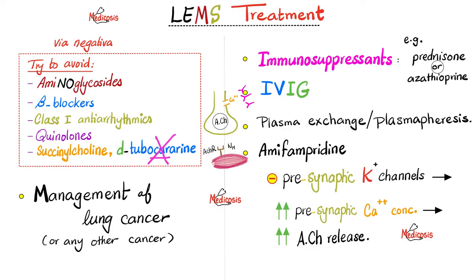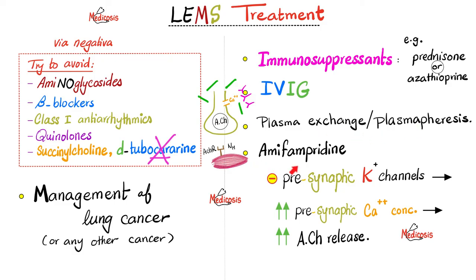How do these work? This is like throwing a stick to a dog. When you throw the stick to the dog, which is the antibody, it is going to bind the stick and forget to attack the calcium channels. So the calcium will enter, the vesicle will rupture, and the muscle will contract. Plasma exchange: take the patient's plasma, which contains the nasty autoantibodies, remove the antibodies, and then return